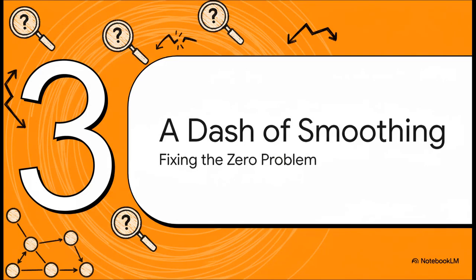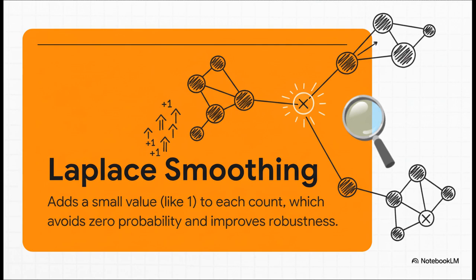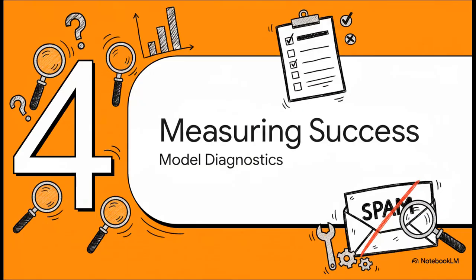So, how do we fix this? How do we stop our detective from just giving up so easily? Well, thankfully, there's a really elegant little trick for this. It's called smoothing, often called Laplace smoothing, and honestly, it's brilliant in its simplicity. All we do is pretend we've seen every word one more time than we actually have. We just add a 1 to the count for every word. That means that even a brand new, never-before-seen word gets a tiny little probability score instead of 0. And that's just enough to make sure the whole multiplication thing never crashes and burns. Problem solved. All right, so our detective is back on the case, ready for anything.